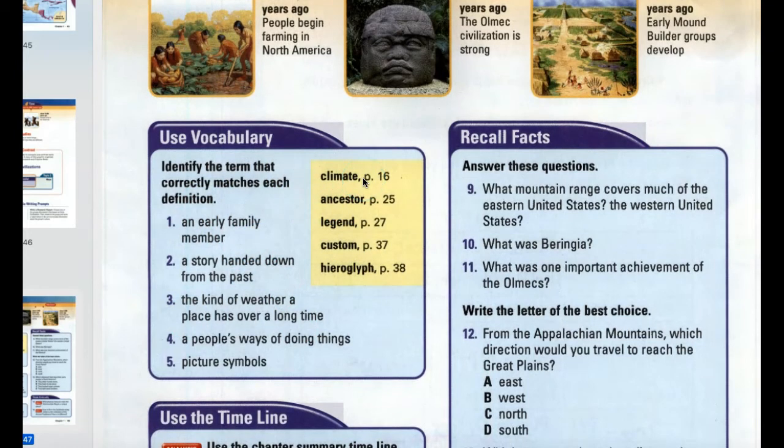Climate. Which one is climate? Ancestor. Which one is ancestor? Legend. Which one is legend? Custom. Which one is custom? Hieroglyph. Which one is hieroglyph?